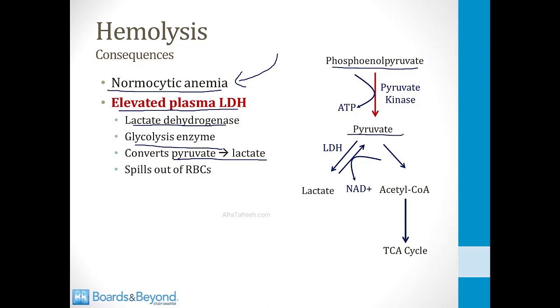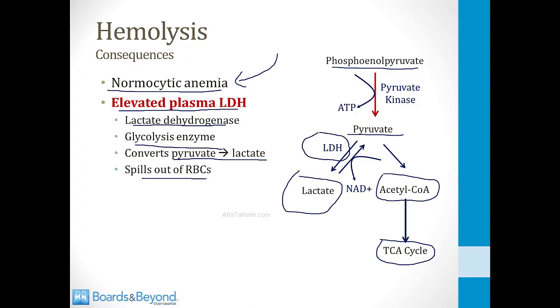Now many cells will convert pyruvate into acetyl-CoA, which will enter the TCA cycle, which will then generate energy using oxidative phosphorylation. But red blood cells lack mitochondria, so they cannot perform oxidative phosphorylation, so they convert lots of pyruvate into lactate. This means that they have lots of LDH inside of the cells, and this will spill out of red blood cells when there is hemolysis, and this will generate a high plasma level of LDH in the setting